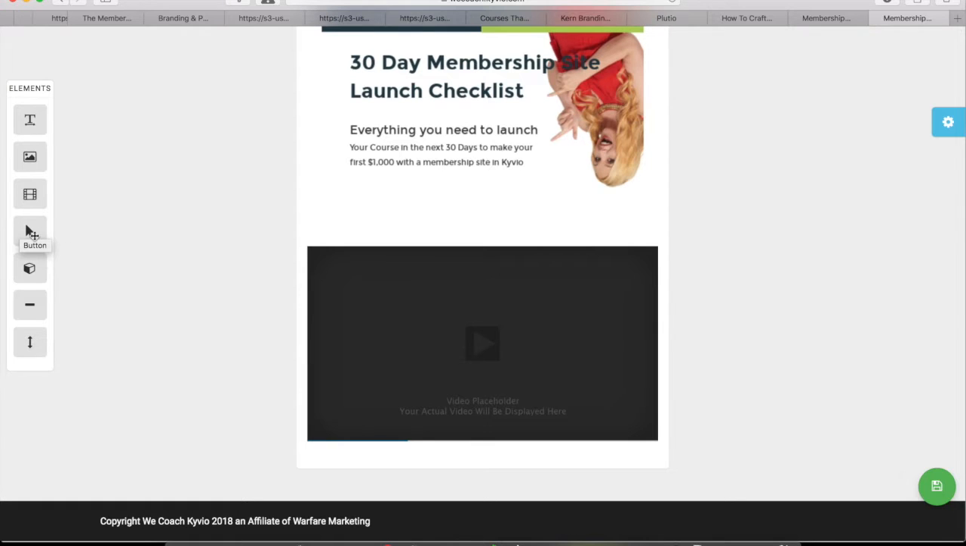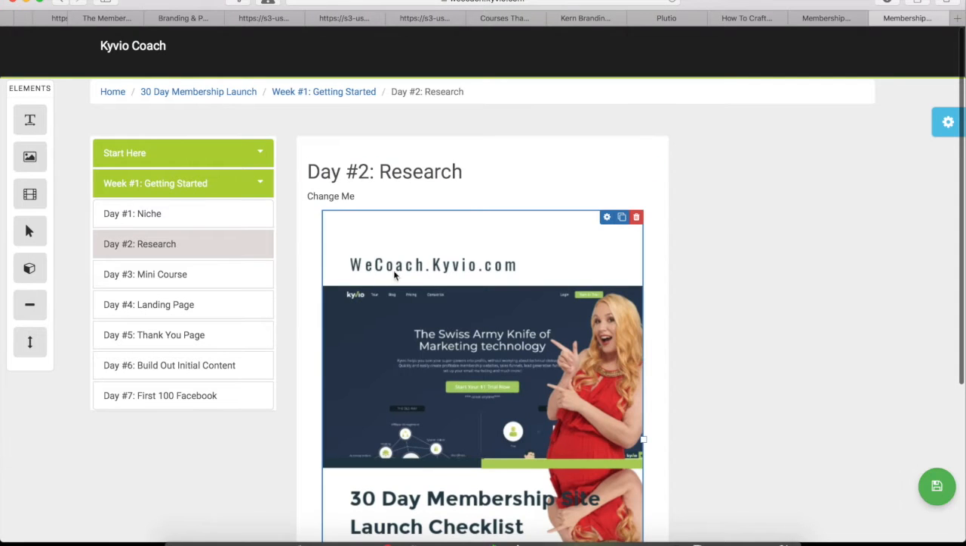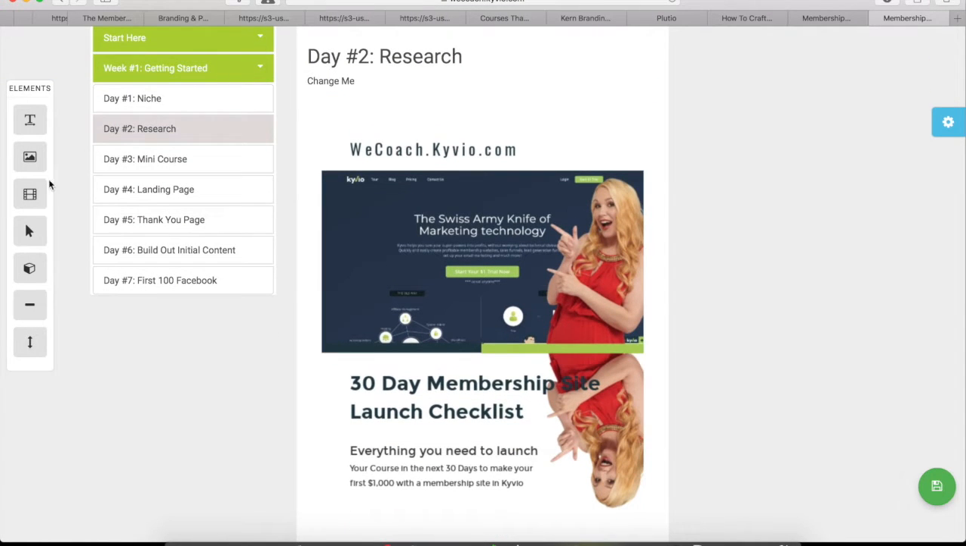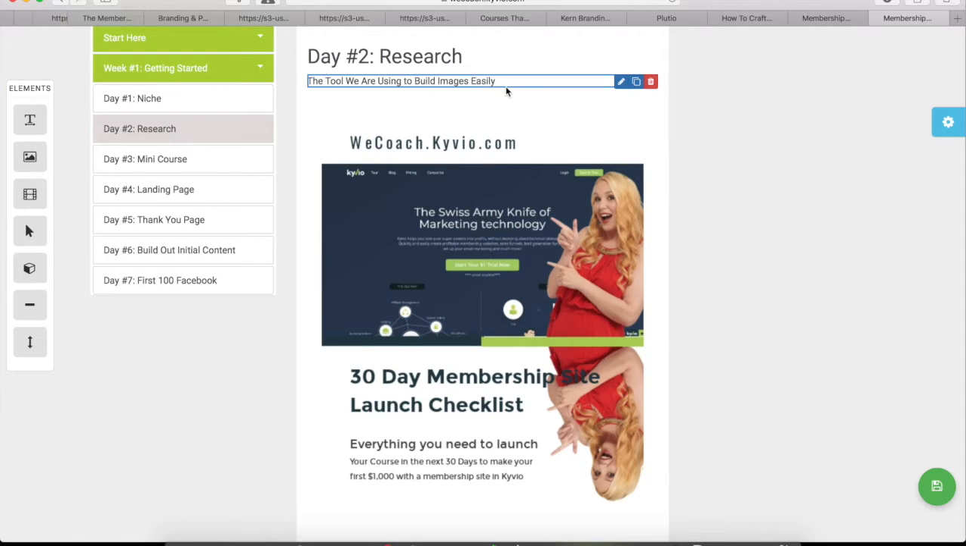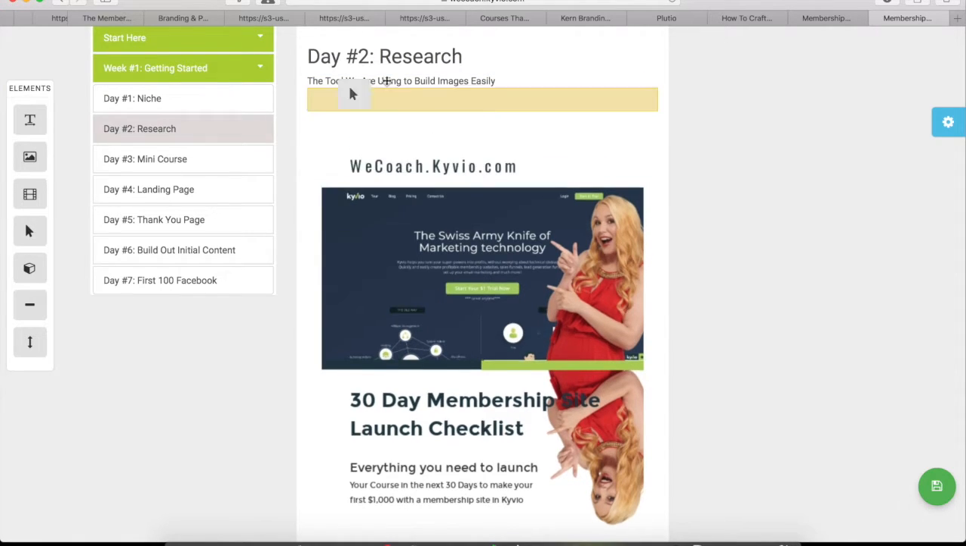The other option you'll see is the arrow, and that's actually going to be a button. So let me delete this here. If I wanted somebody to say like, oh, what did I use to build this? Let's see here. Let's say it was tools to build images easily. Tools, let's say the tool we are using to build images easily. Especially if you're doing some affiliate work, this is going to be really handy because you still want to draw